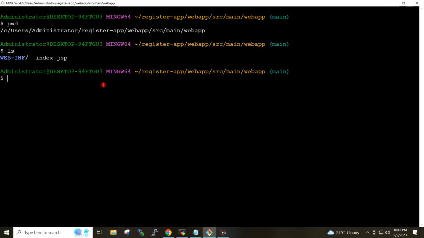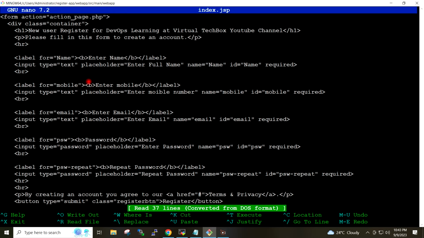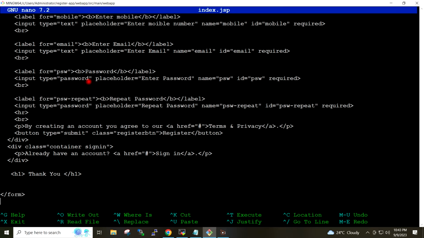So I will open the index.jsp file, and here I will add a new line.